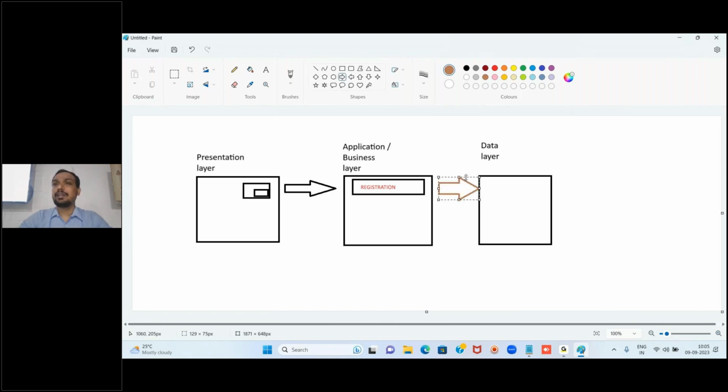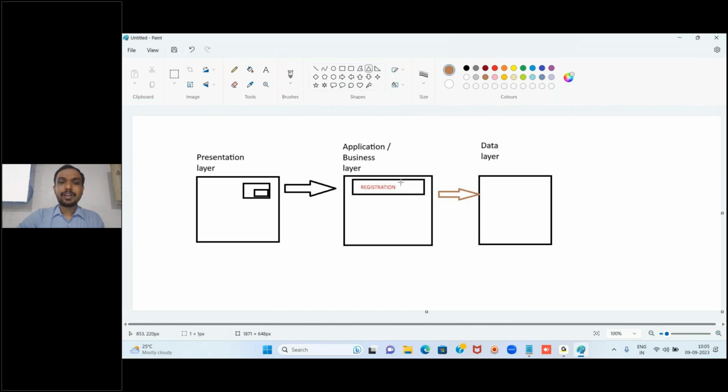I told you already, this registration is a program, and a program does some functionality. So it takes the data coming from the presentation layer and the client system, processes it, opens the database, and stores all your data as one of the Gmail users.